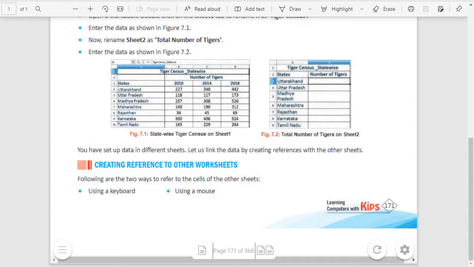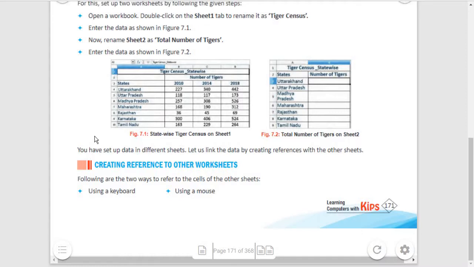If you want to create a reference in between these two sheets, you may follow two methods: either the keyboard method or the mouse method. Now I am going to explain about these two methods. See here.